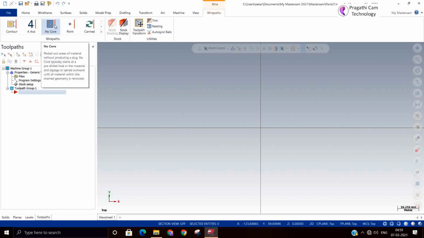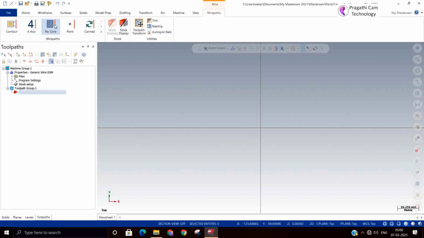The next one is the no core toolpath. This no core toolpath is a special toolpath. It is used only in a situation where the component shape is so intricate that even if you cut by wire cut, the component slug will not fall down. You cannot do the machining by other machining methods either. In that situation, the wire path will burn the entire material and make the profile.